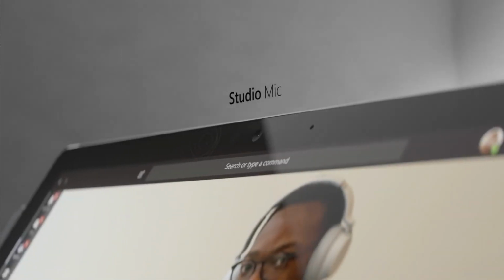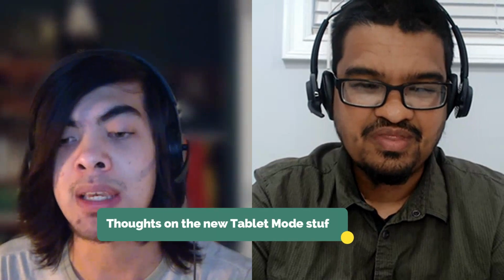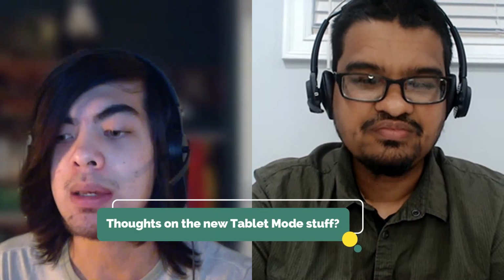Speaking of Surface, I know that Windows 11 has some touch improvements. Kareem wrote a whole piece about how he installed it on all of his Surface devices and has been liking the way that touch works. So, have you tried out Windows 11 on any touch devices, or what are your thoughts on the new tablet mode stuff? I haven't used Windows 11 as extensively on touch devices as I have on my desktop PC, largely